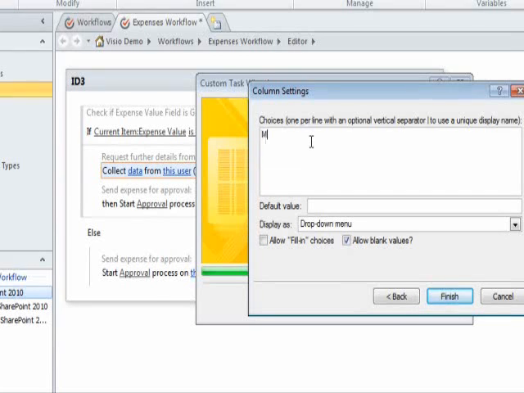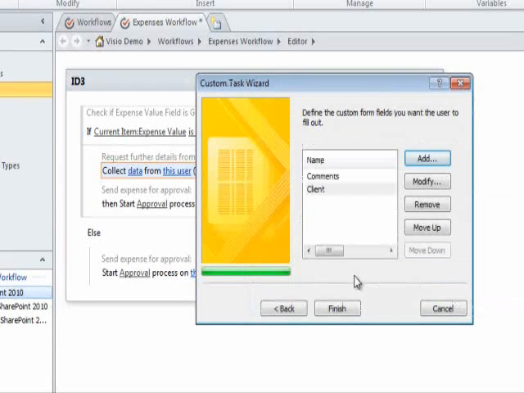Select the next button, and I can fill in my choices. So my clients are Microsoft, Big Corp and Wee Corp. No to allow fill-in choices, and I'm going to deselect allow blank values. I then press finish. I have now created two fields to collect information from my users. When I'm finished doing this, I press the finish button,